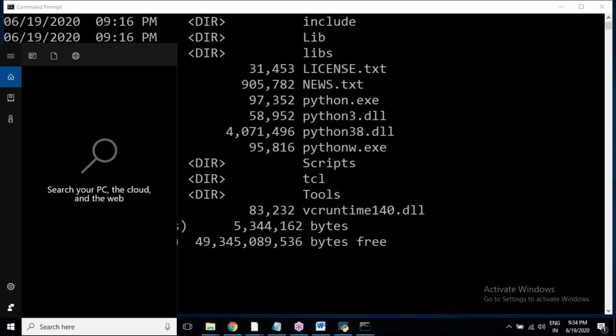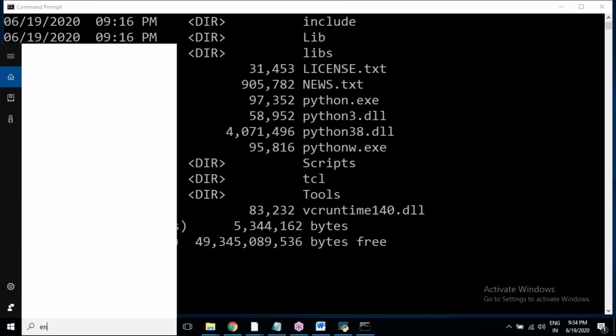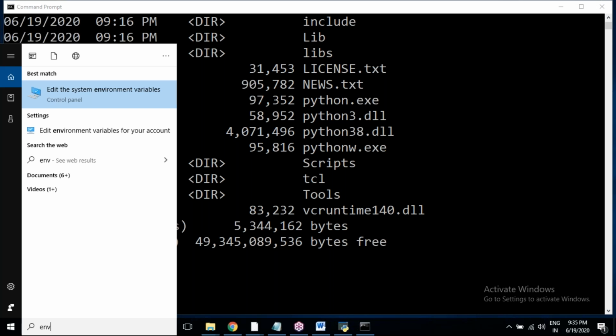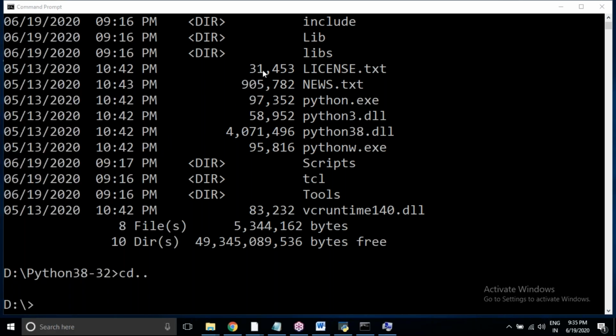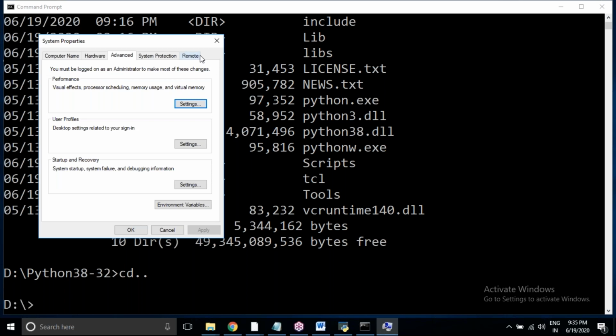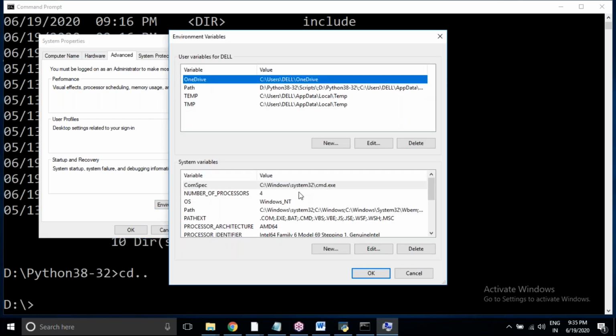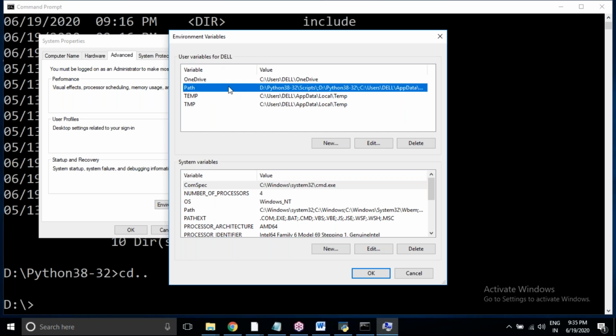In the search I'm typing env. It shows edit the system environment variables. Under Advanced there is Environment Variables. In environment variables you can see user variables and system variables. In user variables you can see Path.